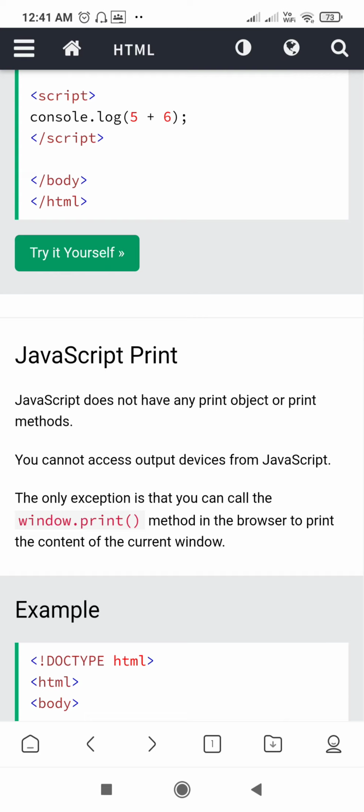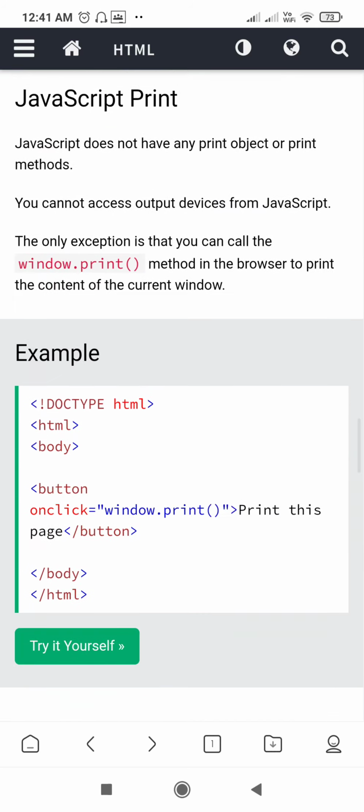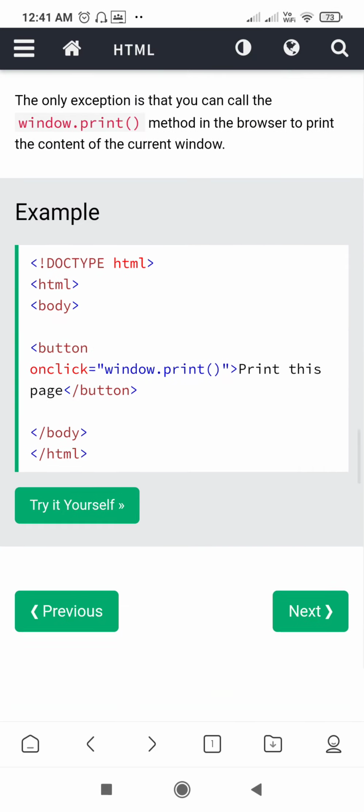You can call the window.print method in the browser to print the content of the current window. The example is here: HTML body, and in a button write onclick window.print, print this page, and end of the button. So here you will get the output like this.